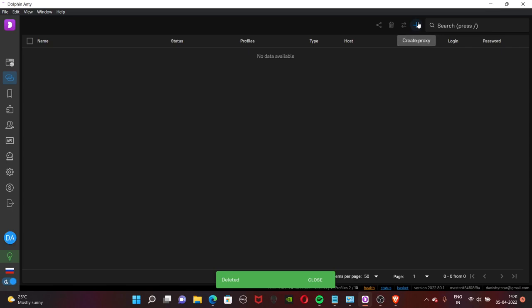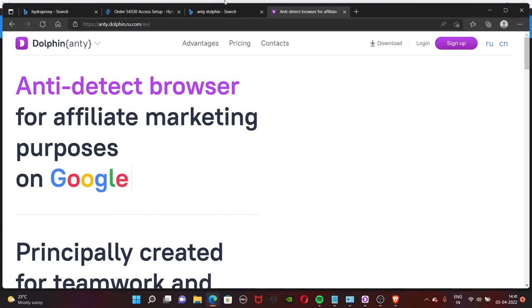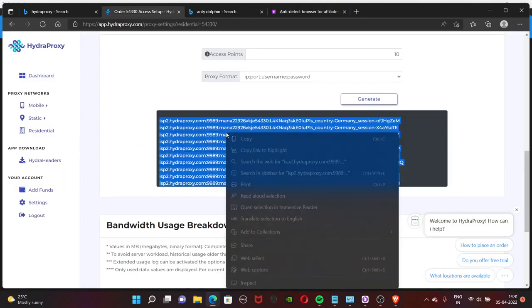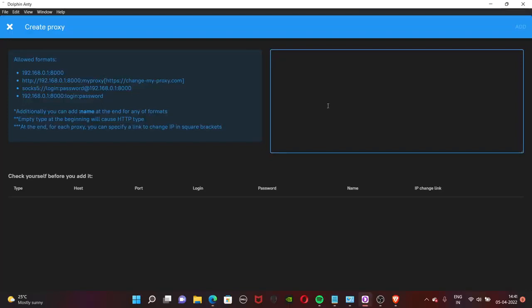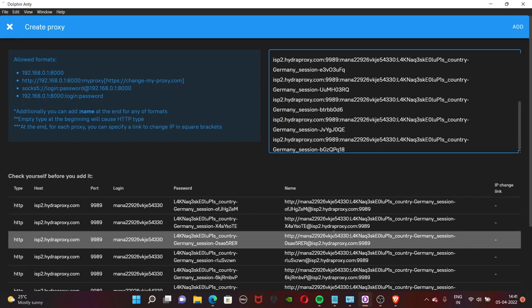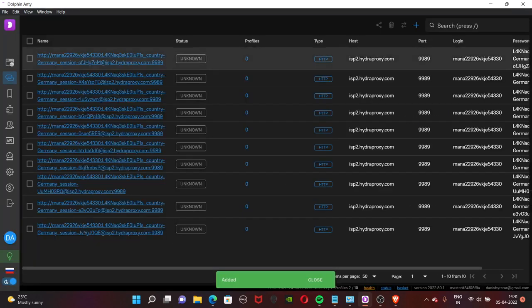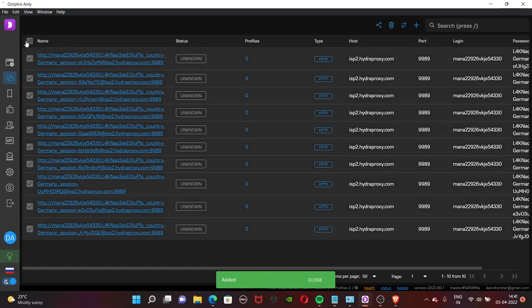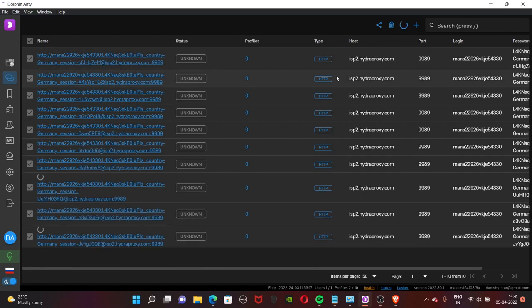So here click on this plus button, and in the Hydra proxy we have copied this information, right? Okay, so you have to paste it here. Okay, in this box, so paste it here, and after that click on add button. Okay, now select all of these and click on this button to check the connection of the proxies, whether they are working or not. So you have to just wait for a few seconds. Okay,